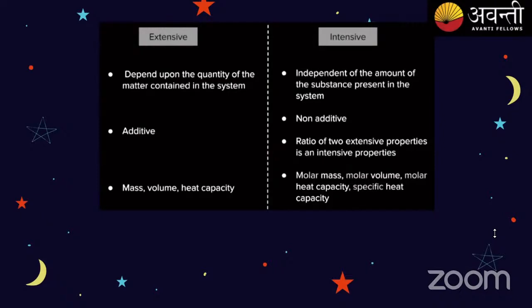Now, if you have any doubts, try to ask in the chat. Until now, we discussed what is system, what is surrounding, how many types of systems there are, the thermodynamic processes, and types of properties: extensive property and intensive property. If you have no doubts, then let's see a concept test quickly. Here the question is there. Try to go through it and answer. I'll be giving you exactly 30 seconds.